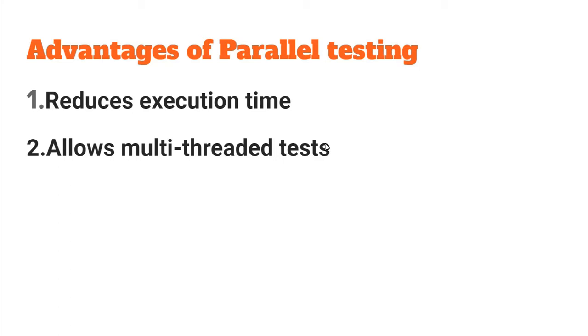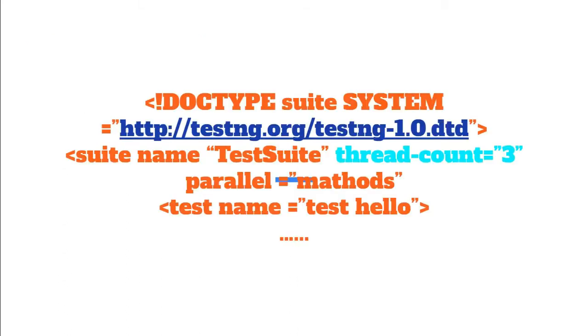TestNG provides multiple ways to execute tests in a multi-threaded condition. One of them is executing each test method in a single thread. This is a test suite configuration that I have designed, and we have to place it in our testng.xml file. This mode reduces the execution time significantly because more tests are executed in parallel, hence reducing the total execution time. As you see here, the thread count is 3, so 3 WebDriver instances can run in parallel in 3 different browsers.